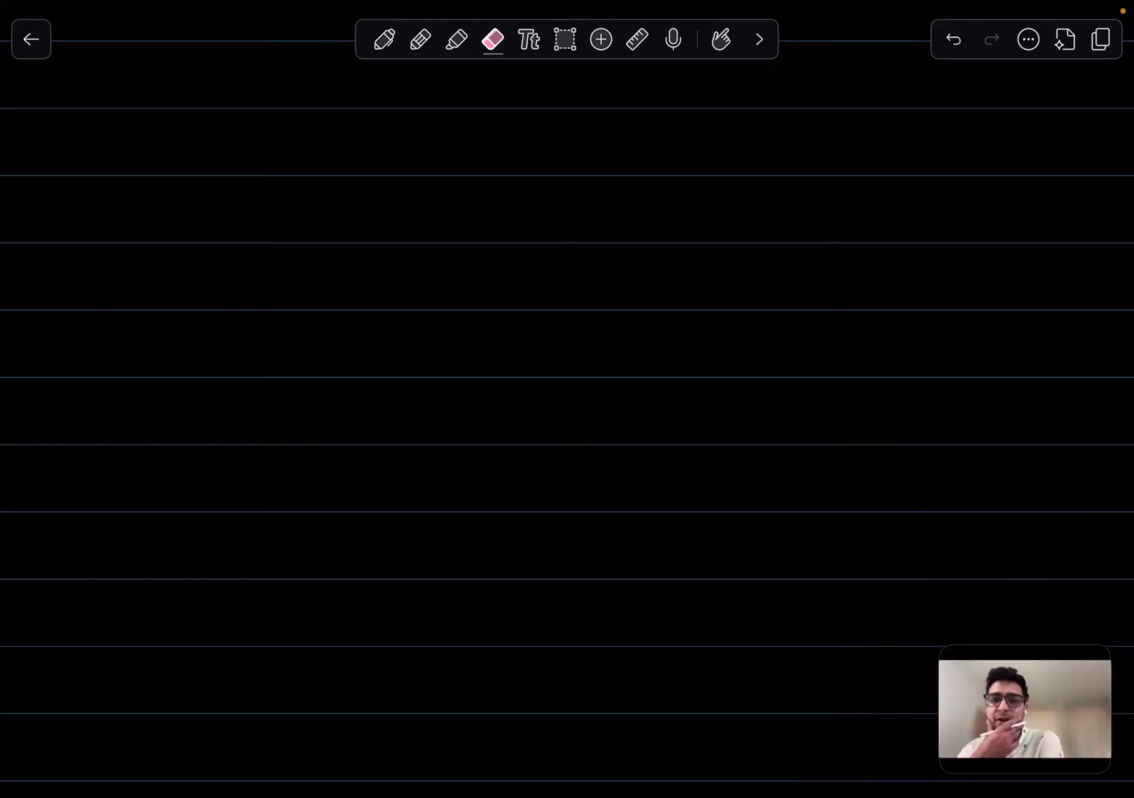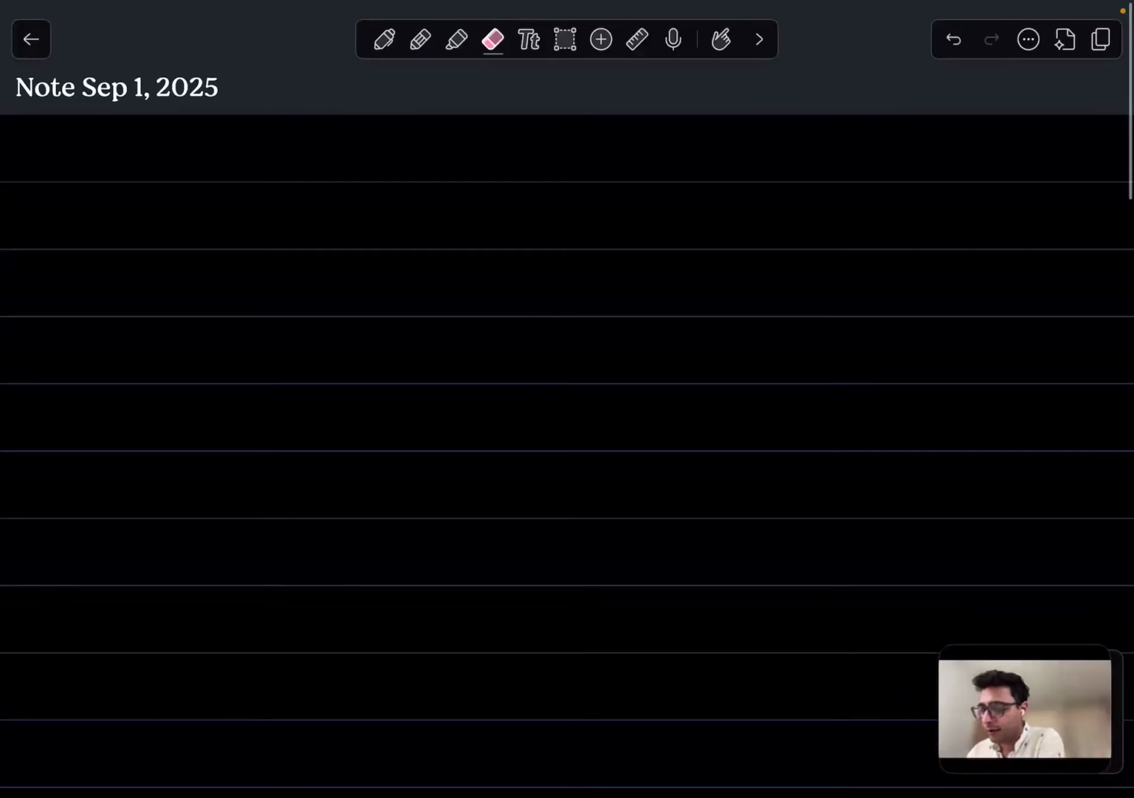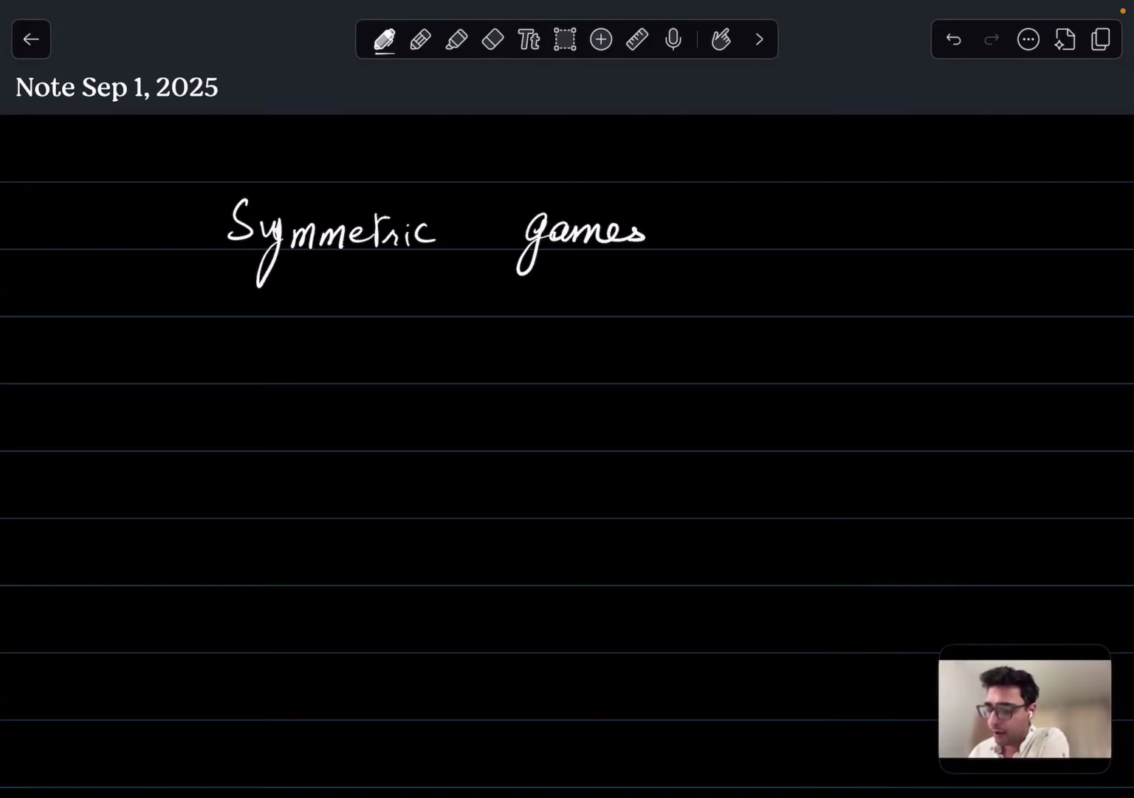Everyone, we're going to talk today about lots of different things, so symmetric games and lots of things about mixed strategy, Nash equilibria. But let's start with symmetric games. Okay. So a two-player game